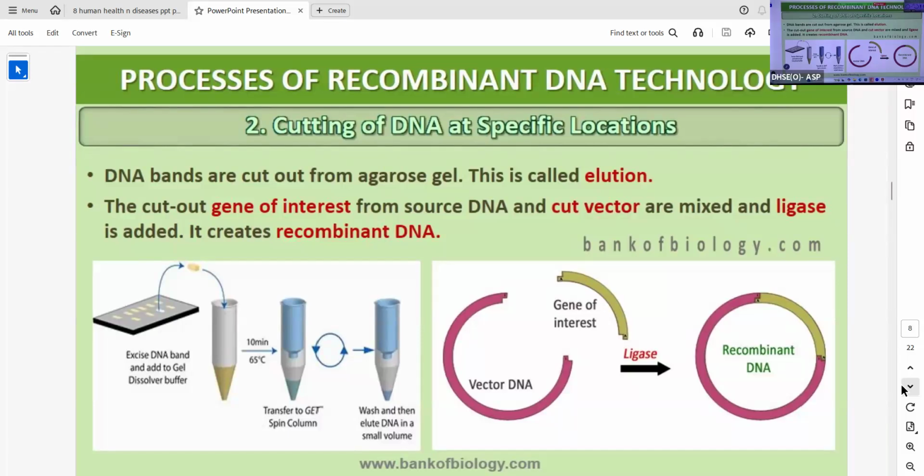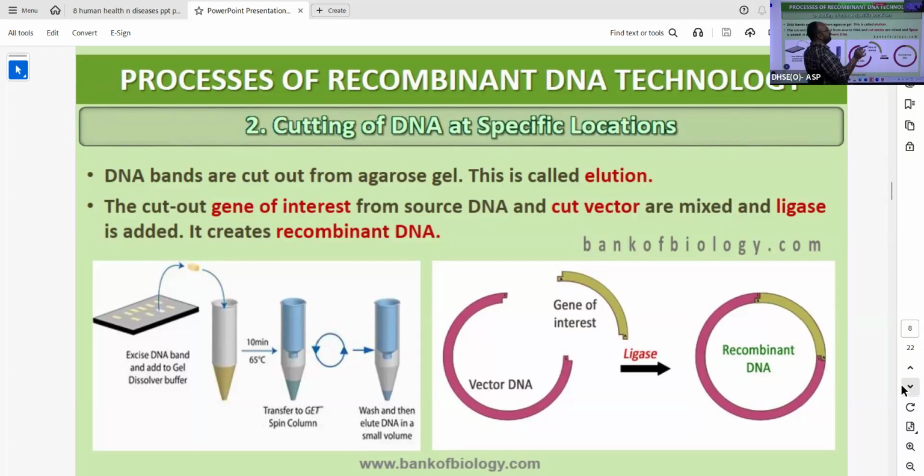Once we have the gel electrophoresis table, now in that gel electrophoresis table the bright red or orange bands are already there. Simply by using a small scalpel-like